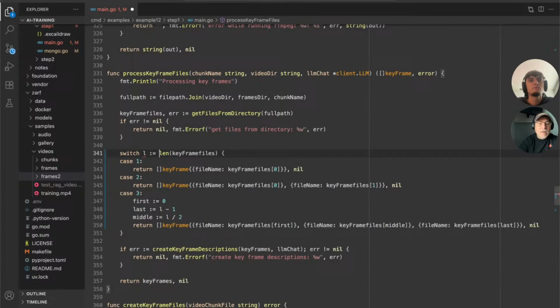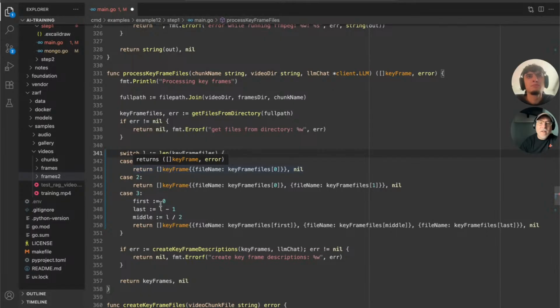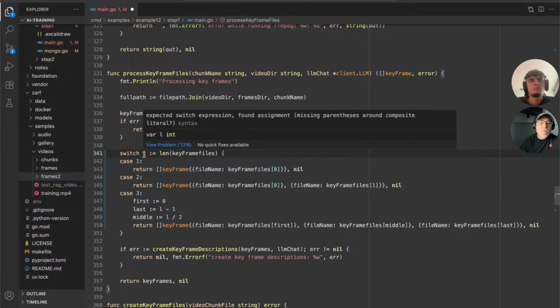Just say length. I figured it would work right there. Why can't I do that? I thought I could do that. Why can't I do that? Expected switch, round assignment. I thought I could do an assignment